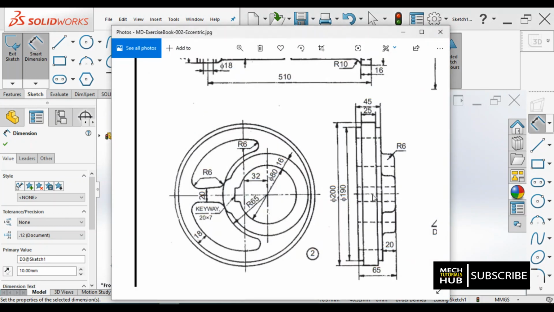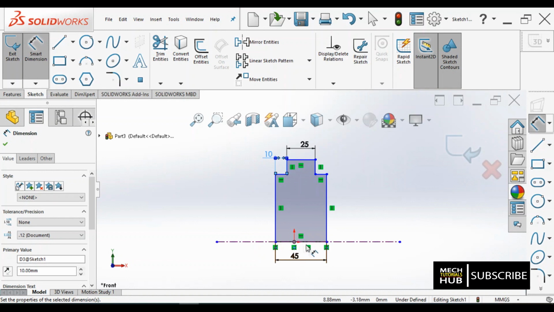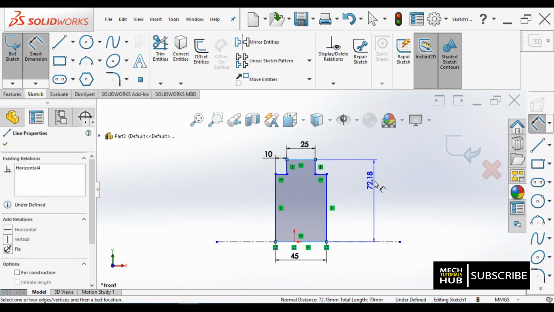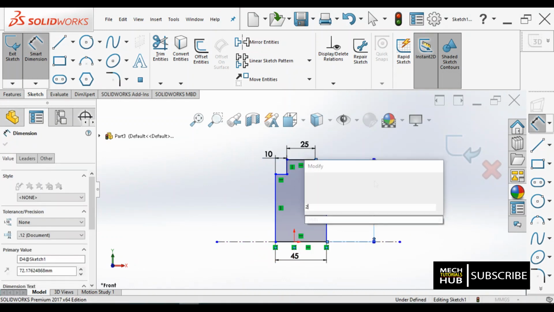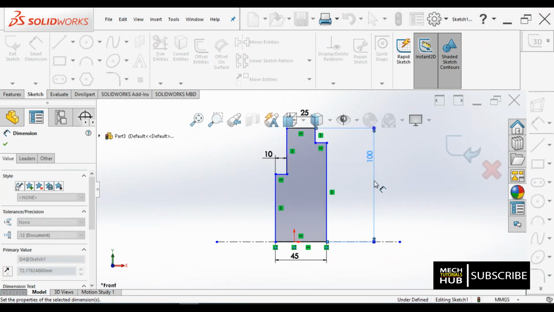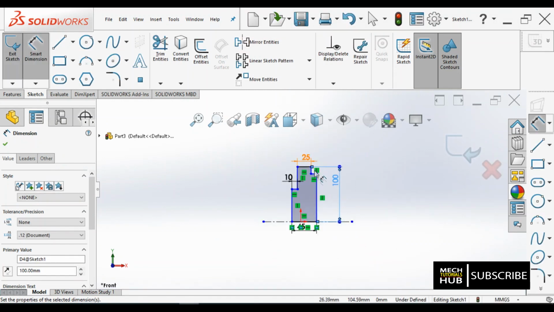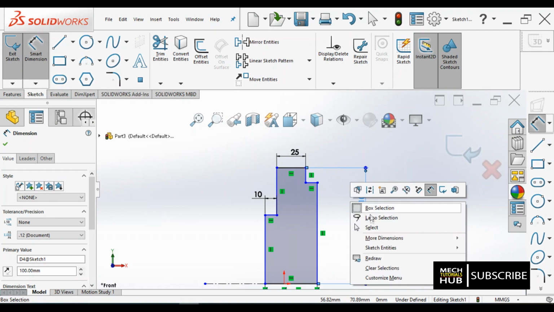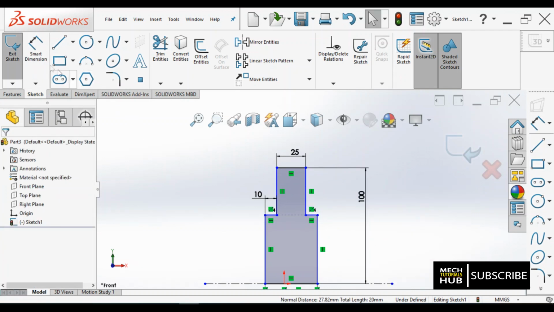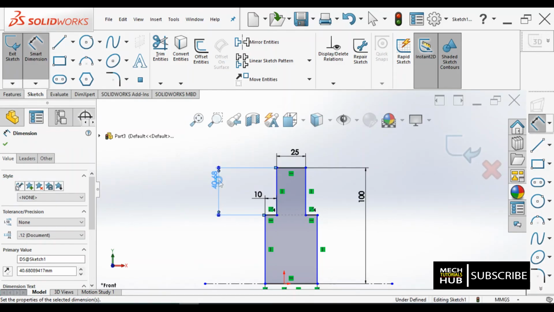And other than this, we need to check the center to the top distance. Obviously it is going to be 200 divided by 2. So from here till the top horizontal, the distance is going to be 200 divided by 2, meaning 100 mm. Okay, now it became zigzag. The distance between this shorter line and this 25 mm distance is 5. Now it is fine, perfect.